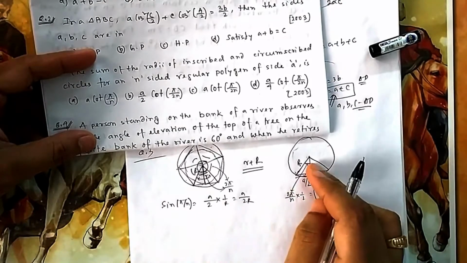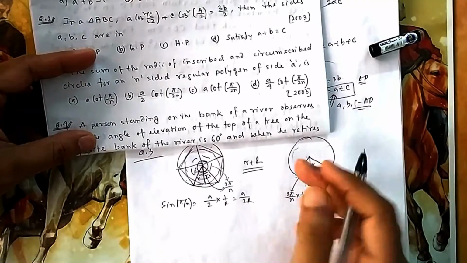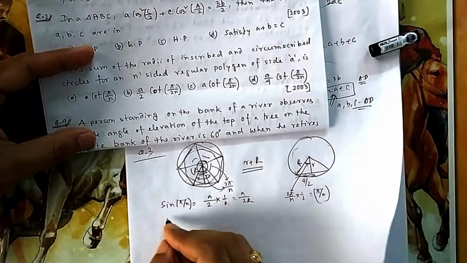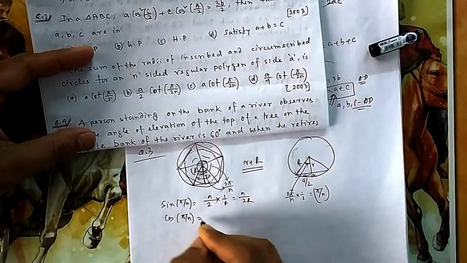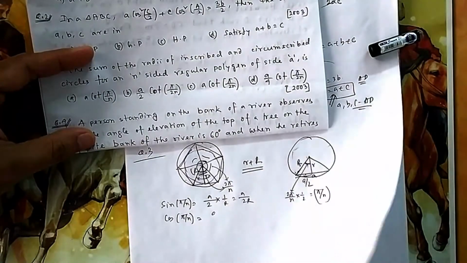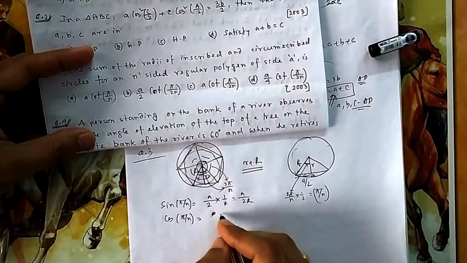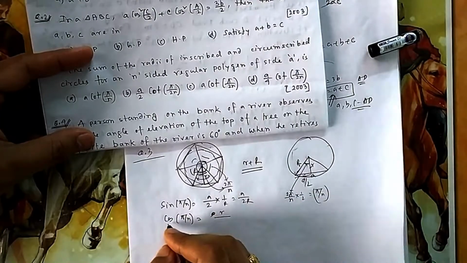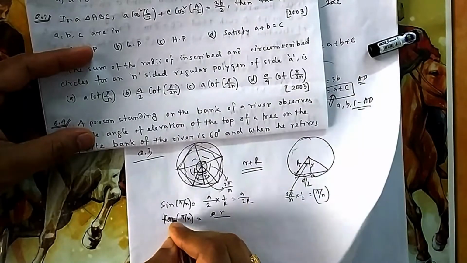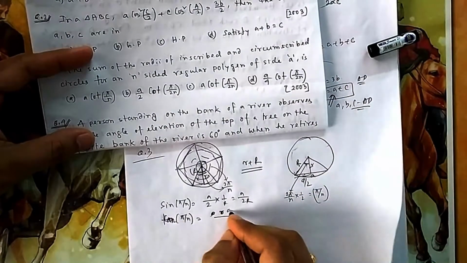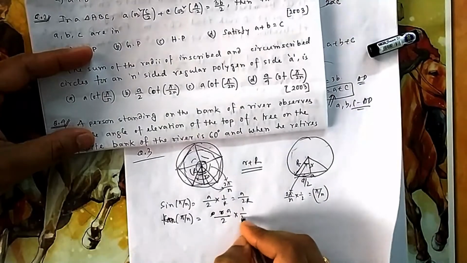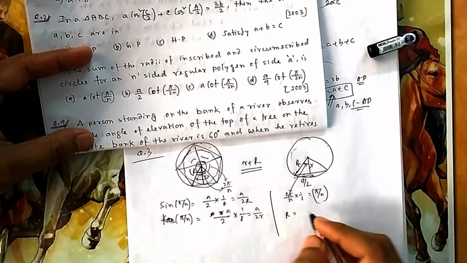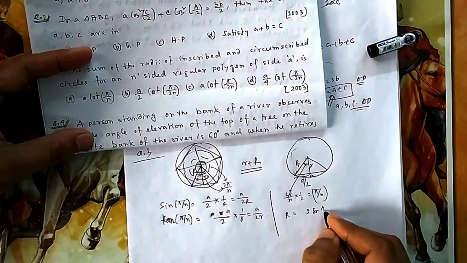Similarly, for the small r, I want to introduce small r and capital R because I need to add these two. Looking from this side, the base is your small r. So let us take tan pi by n. Tan is height by base, height is A by 2 and base is r, so it is A by 2r. So now you get r is equal to how much? A by 2 tan pi by n.